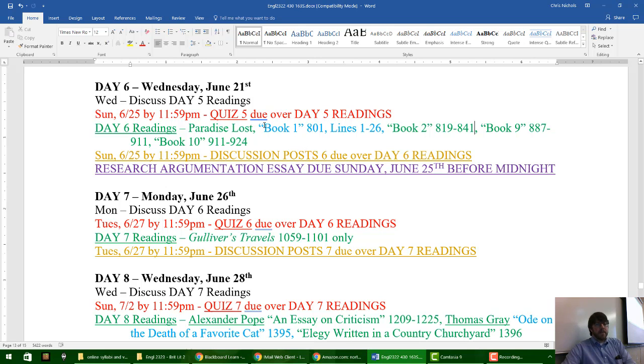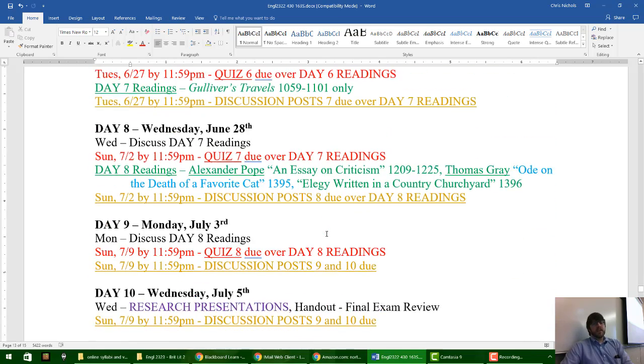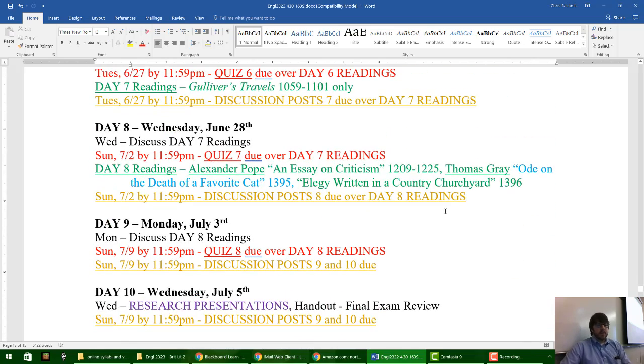But the reason I let people write about this is because it literally just says, hey, one time there was this Adam and Eve story, and we're going to talk about that here. And I had all the students go, this whole talking about Adam and Eve in the Garden of Eden reminds me a lot of when I went to church and we talked about Adam and Eve in the Garden of Eden, and I'm just like, oh, come on. Duh. Get more creative with that than saying it reminds me of Adam and Eve. It is about Adam and Eve. Come on. Okay. Then we have Gulliver's Travels the next week, Alexander Pope the next week,